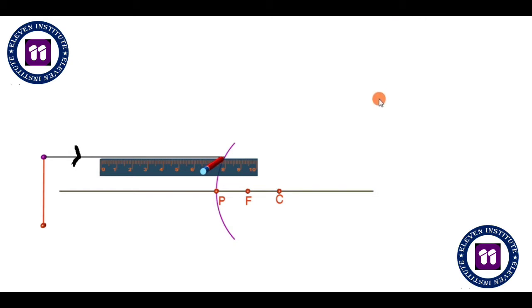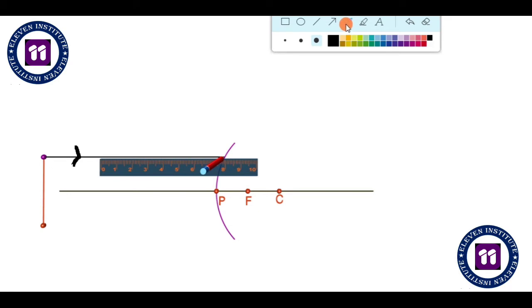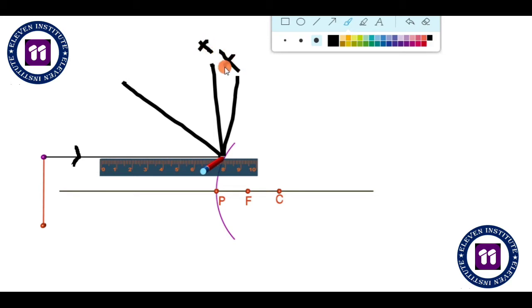Sure. Now the next thing that you have to take care of is that this is the reflecting surface. So this ray now cannot move ahead. It will reflect back. It will come back again to you. But it can come back in many directions. Right? It can come back like this, like this, like this also. Fine. But this is wrong. This is also wrong. The direction is fixed. It will come back in the direction of the focal point only.